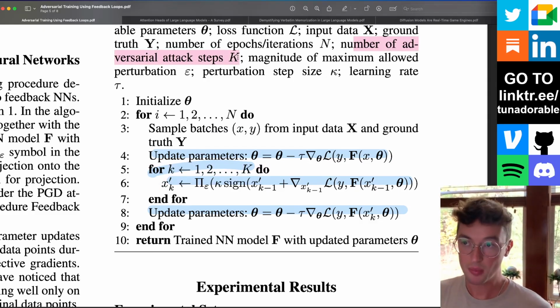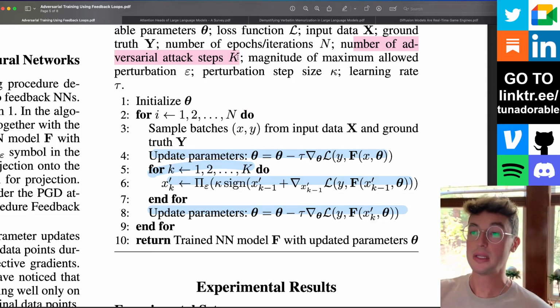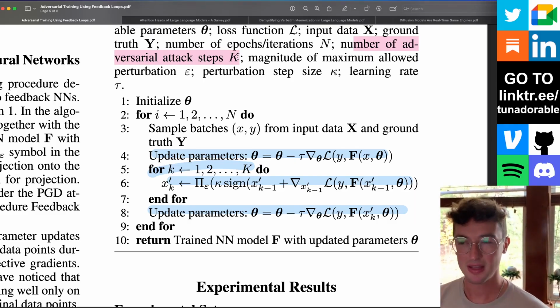Now, we said a second ago, of course, that the network only needed one adjustment step to actually work. So I believe that also means you can just train on one attack step. I'm a bit unclear on that. If you think you know, let me know down below. But I'm pretty sure this for loop can be just a single operation, unless you actually are going against what they just said and choosing to do the recurrent style of this. But for me anyways, I'm going to assume it's just one time.